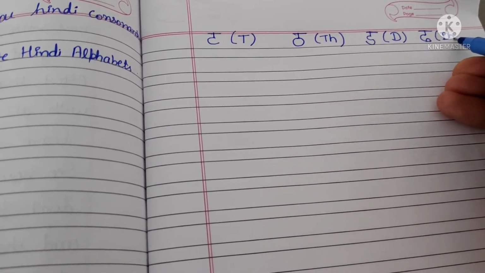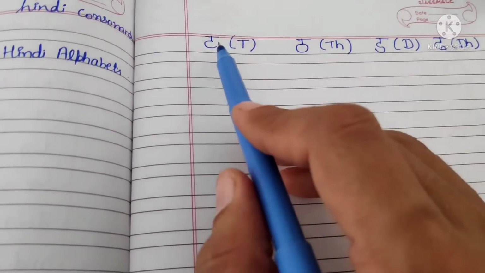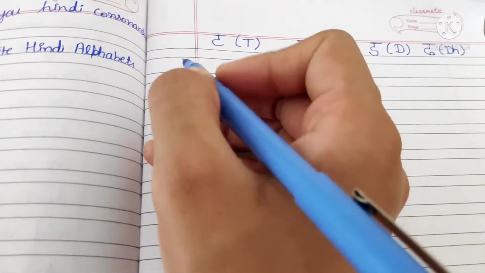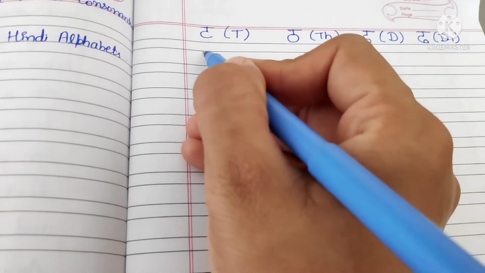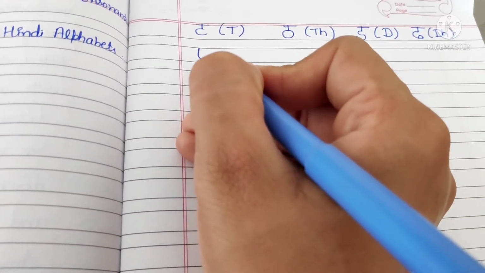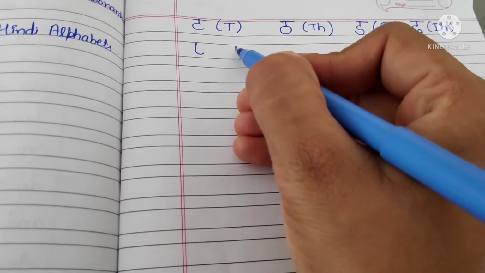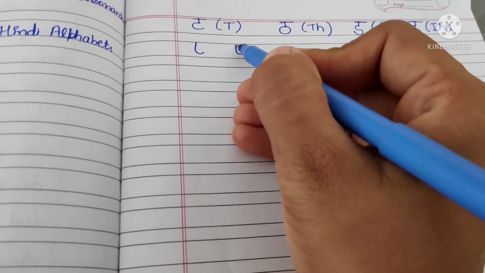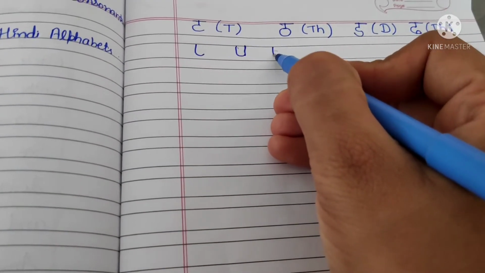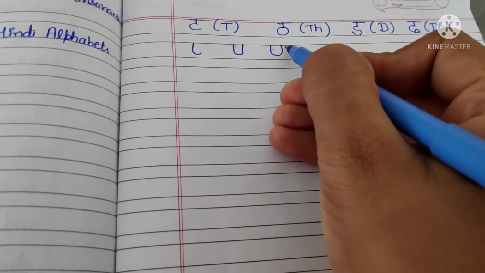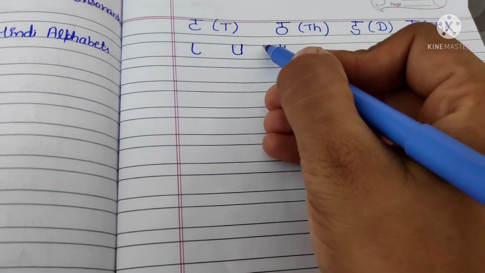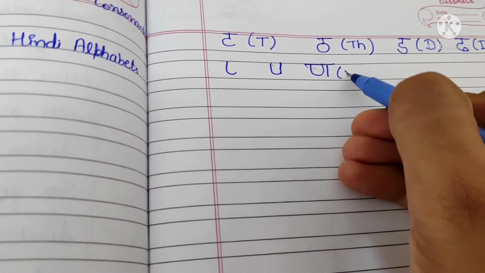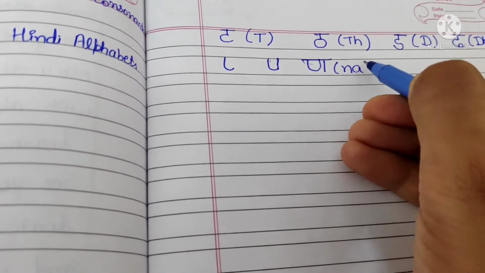D alphabet in Hindi. So as we've just seen, T, Th, D, D formation is very easy. Next letter comes Ñ. How can we write Ñ? Standing line and a little bit of curve. Again repeat this step, standing line, little bit of curve, and now make a standing line to it, or you can in one step make it like this and then standing line and then sleeping line. So this is our Ñ. Ñ alphabet in Hindi.